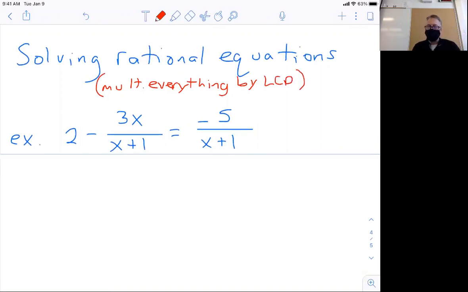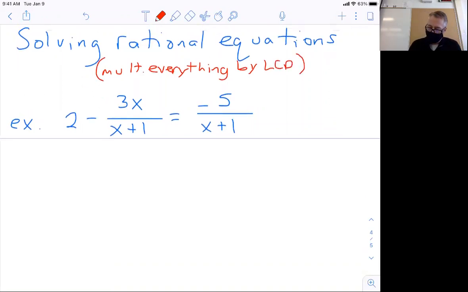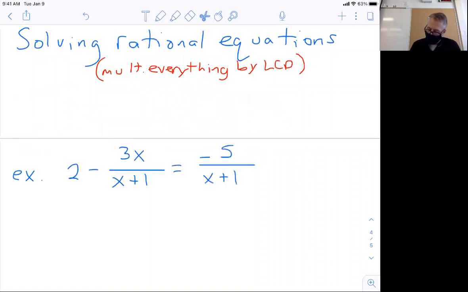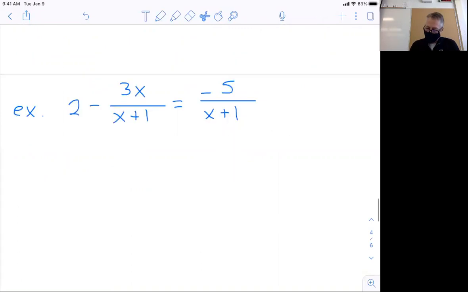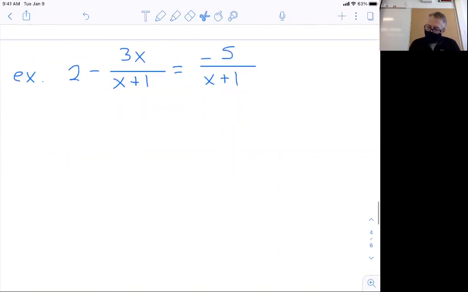I'm going to move this down. I don't want anybody to get confused by that line there. So in this case, our common denominator, because that's like 2 over 1, of course, is